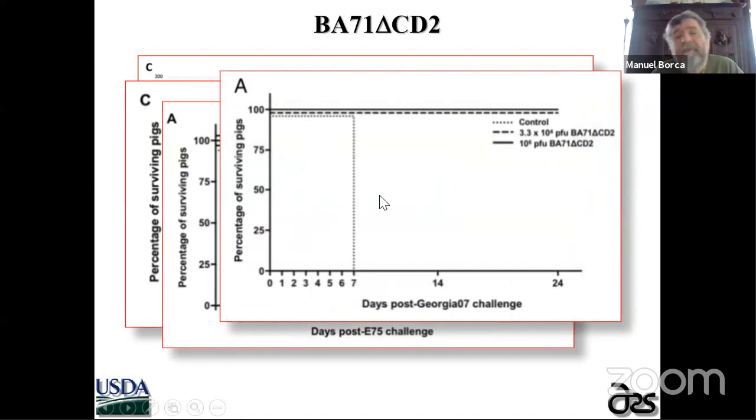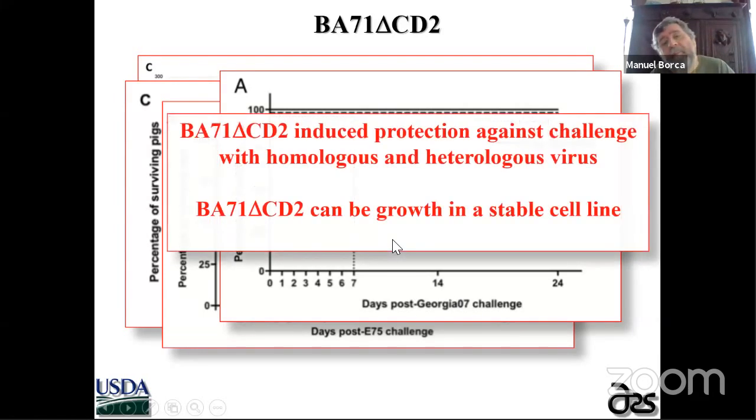And the group of pigs inoculated with BA71 delta CD2 also resisted the challenge with Georgia virus. So this paper brought two important points. One is the presence of heterologous protection, something that is not very common out there. The second, very important, is that this virus grows in a stable cell line. I think this virus grows very well in host cells,